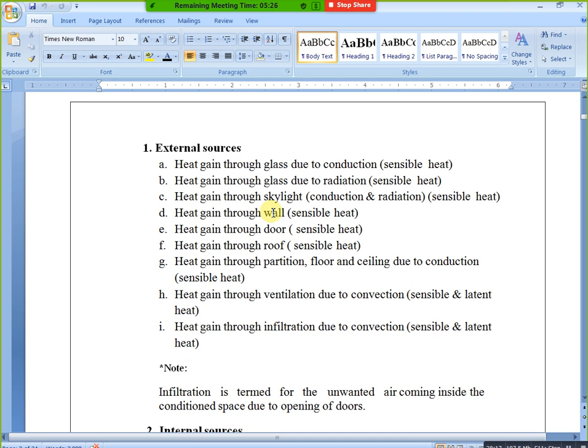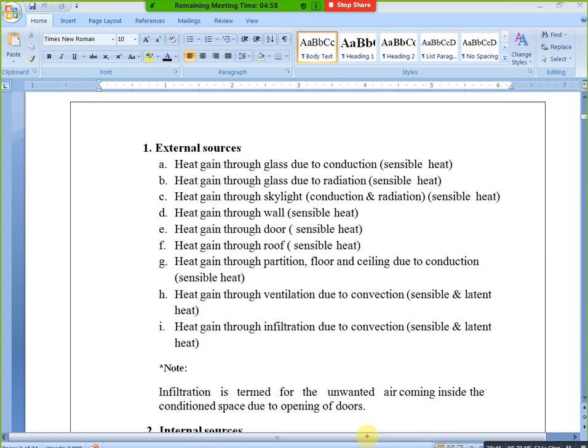For example, okay, this is your frame and you can place your glass here, na, like this. Okay, here also we have glass, only a 1 mm thickness aluminum frame is there, means here also you are getting heat, na. Okay, that type of situation. I will show an image also, don't worry, just listen here. Only heat gaining sources.